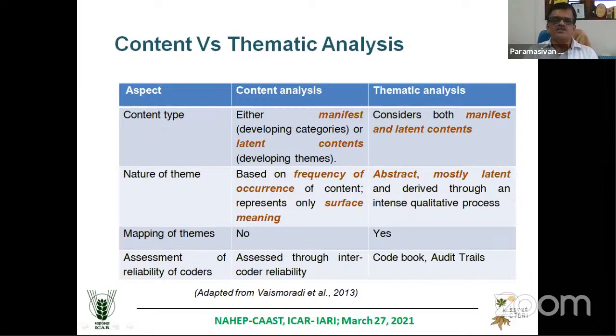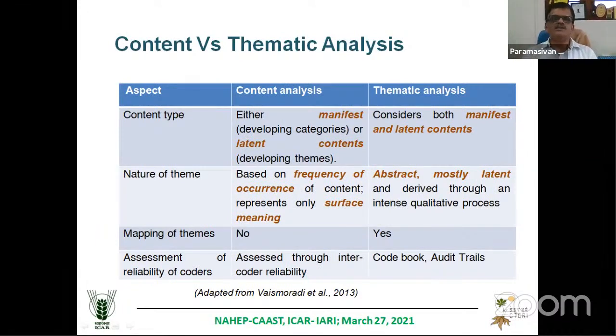And the nature of the theme in content analysis is the frequent occurrence, the number of times. For example, I will talk about the impact of COVID. Say you are collecting different news items. So the number of times the farmer said I was affected: you will be grouping that in this particular region, in the eastern region, there are 25 times farmers said yield is affected. I got a marketing problem. I faced the problem of labor. So how many times that particular problem was told? You are simply putting the frequency of the occurrence there.